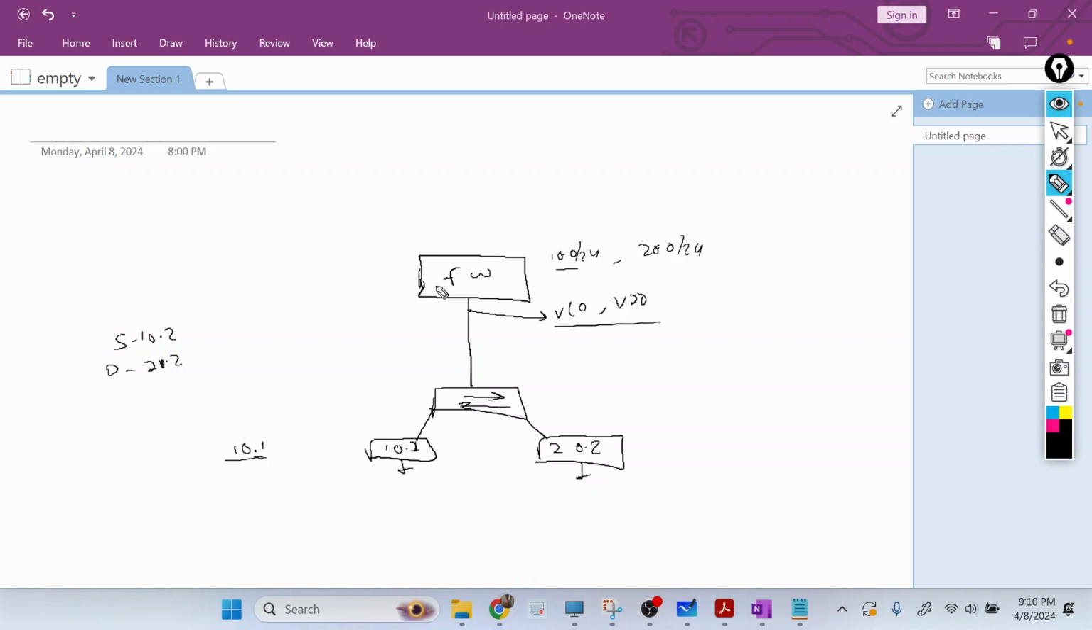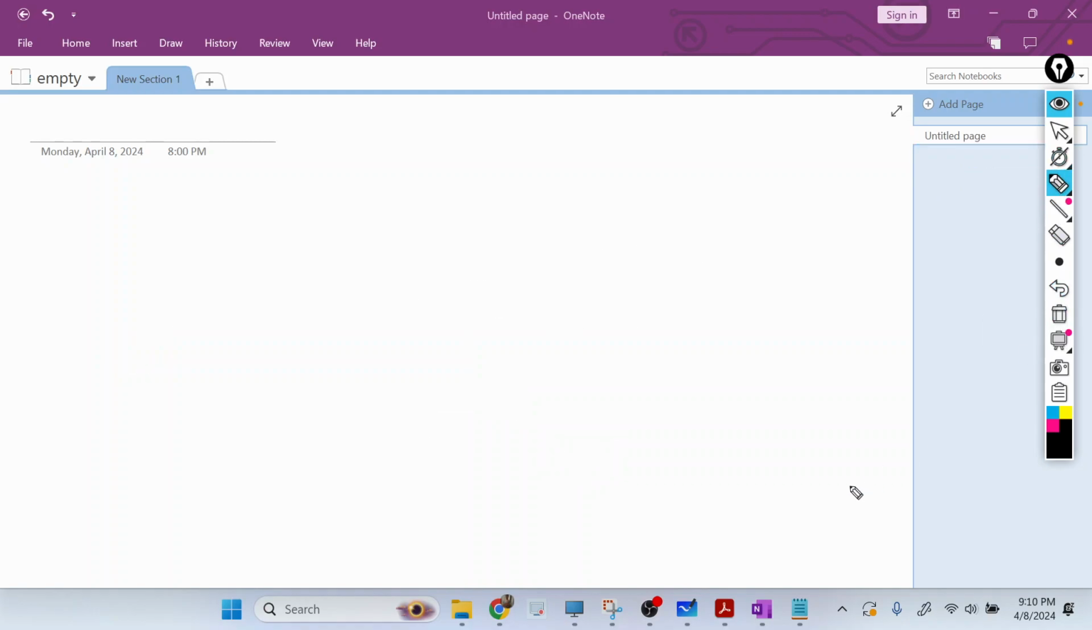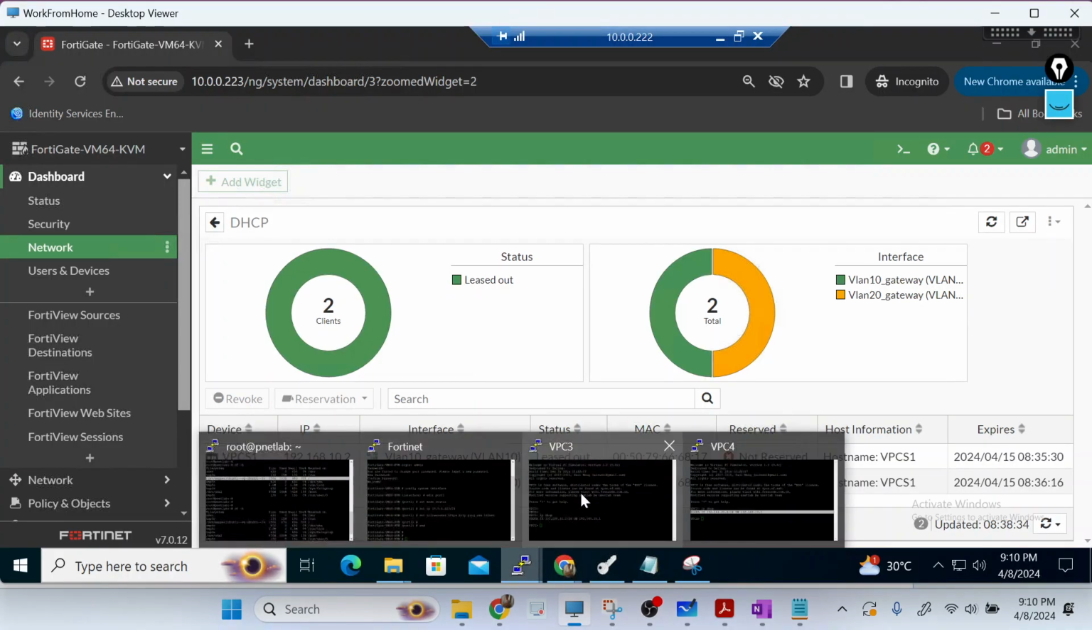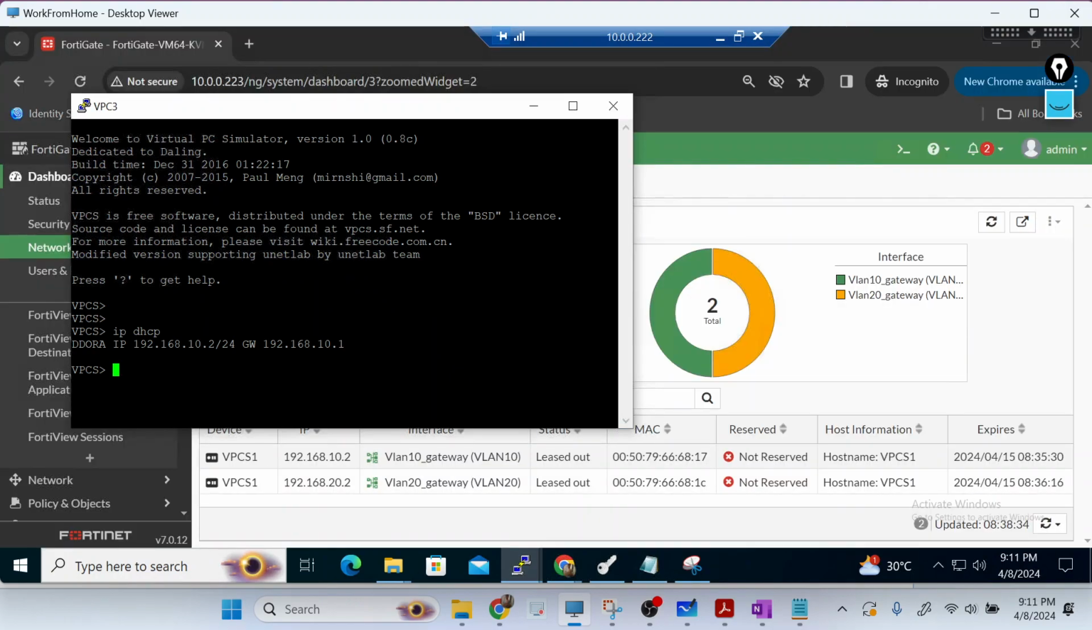So when we have sub-interfaces and we want LAN-to-LAN communication, we should have a policy between interfaces in the firewall. Let me show you how we can do it. First we'll check if it is working fine, or if it's not working, what we need to do. Okay,